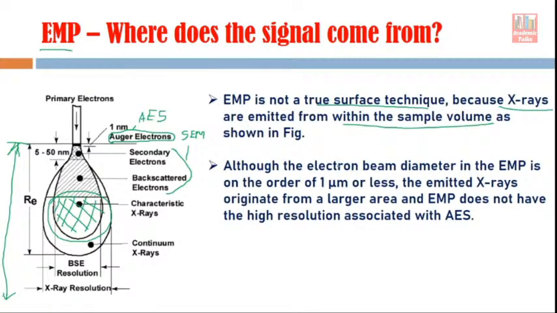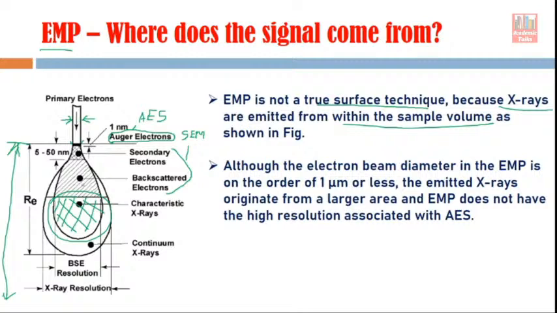Another important thing is the electron beam. You see, this is the incoming electron beam. This beam diameter may be about 1 micrometer or something like this, right. So the diameter of the beam is very small. What we expect is that the resolution we get using this interaction is also nearly 1 micrometer at least. But you see, in the case of Auger electrons, the signal is coming out from this much portion, and its lateral dimension is almost equal to the diameter of the beam.